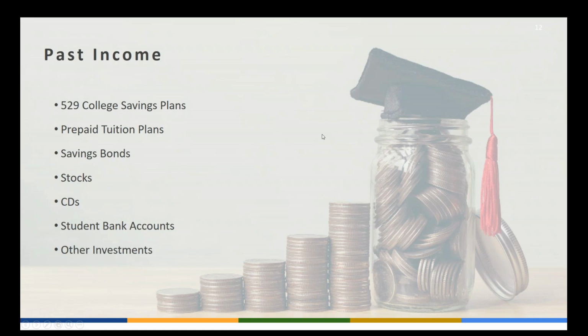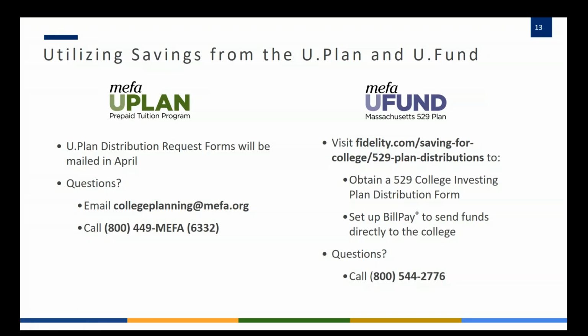Then the next thing they'll want to look at, if they don't have enough in savings to pay for the bill, is present and future income. It's important for families to understand that if they haven't saved it all, that's okay. Even if they haven't saved anything, which is the case with a lot of families, that's okay.